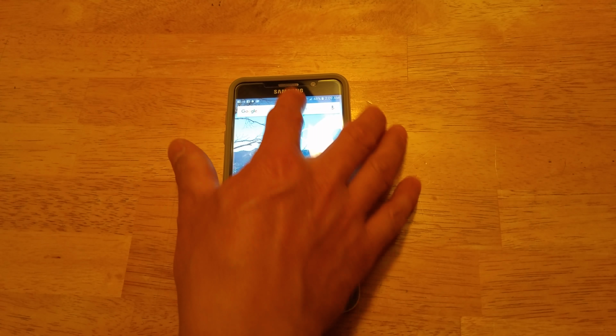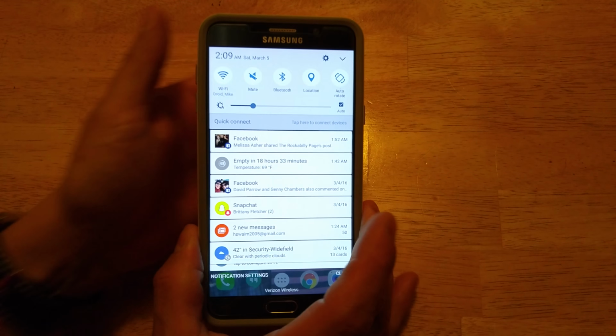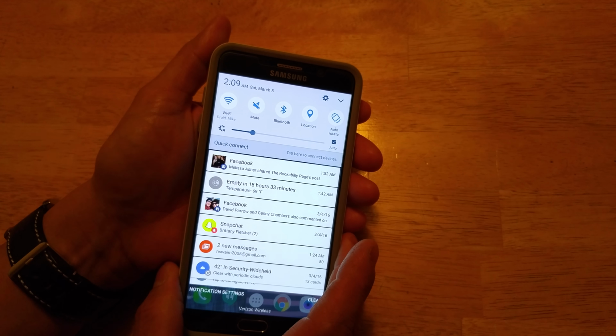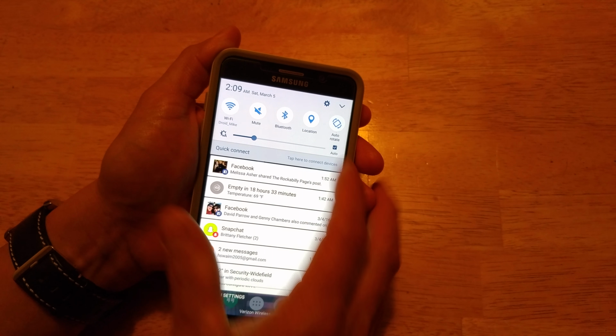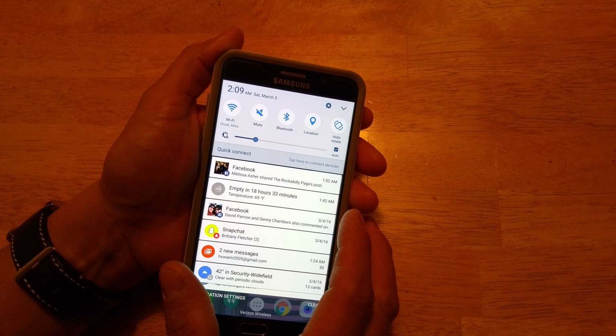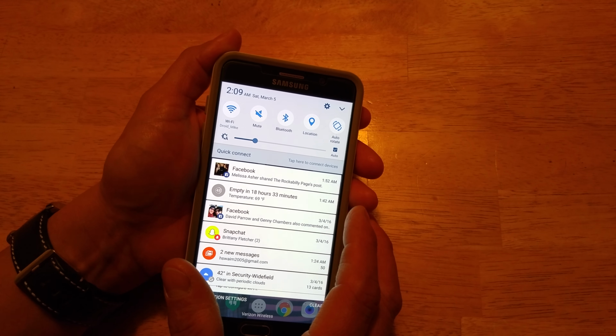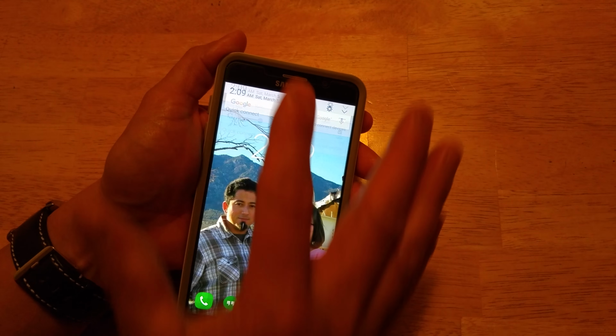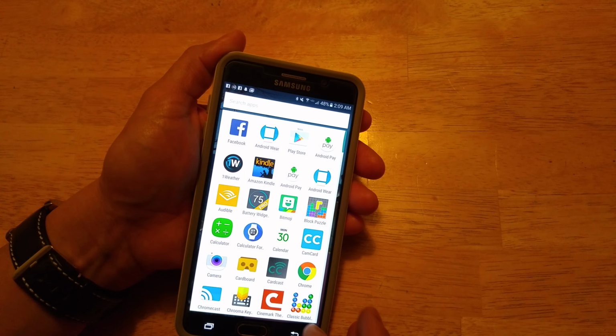Inside, when we pull down our notification tray, you will see the new white and blue color scheme that you have seen on the new Samsung Galaxy S7 and S7 Edge. Other things that have changed